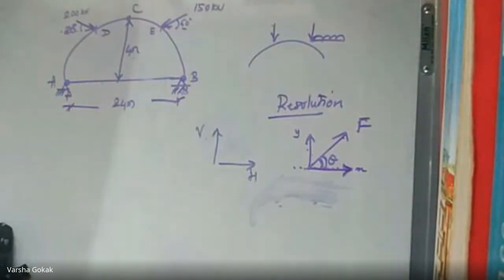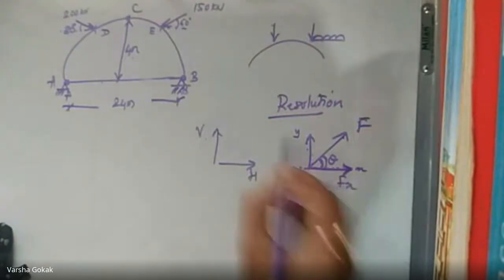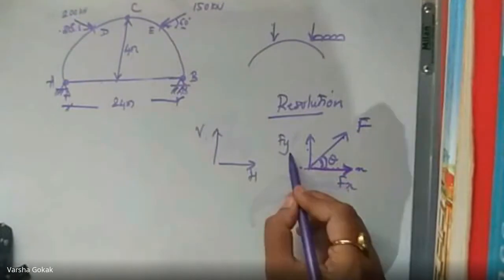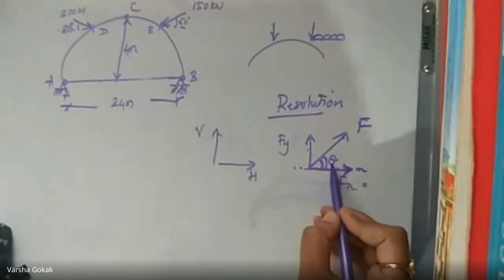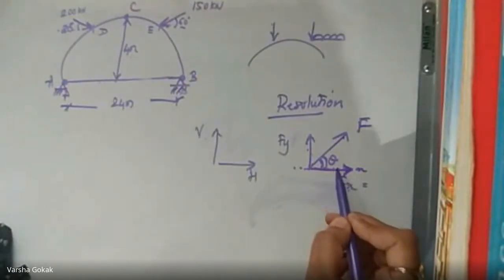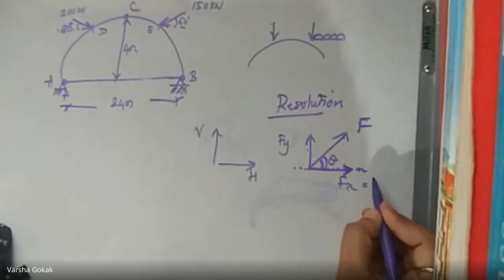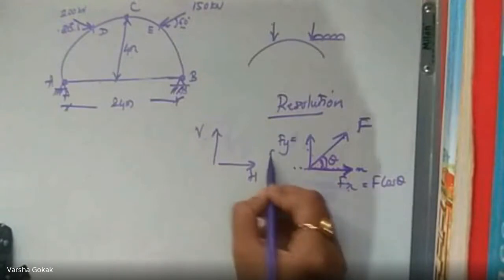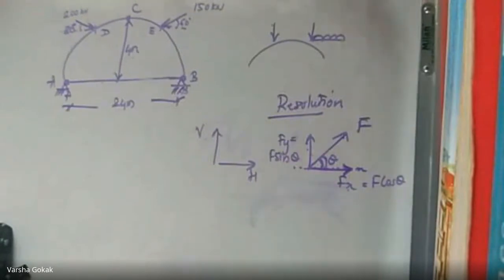Okay. So for example, now x. I'll have Fx and I'll have Fy. We are dividing this force F into one horizontal and one vertical component. Theta is with x, so the cos term will come with F with x. So I will have the term here as F cos theta. The remaining one would be F sin theta.